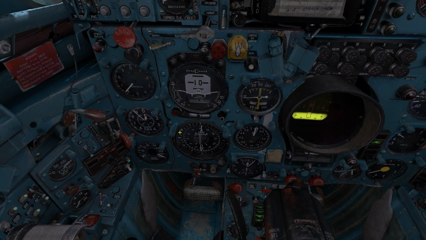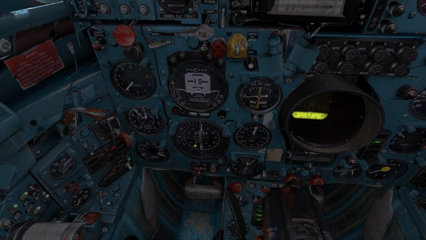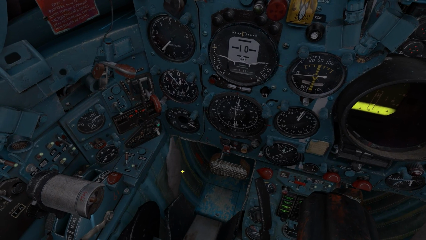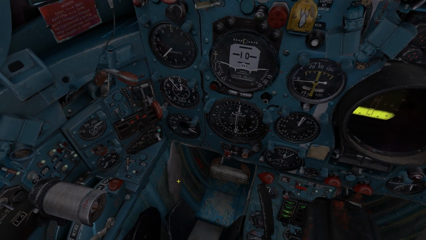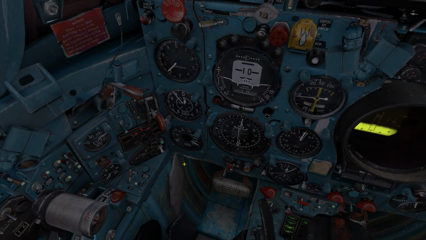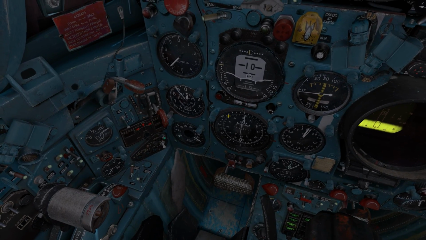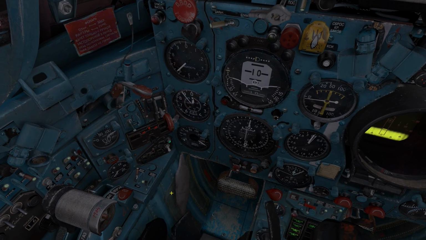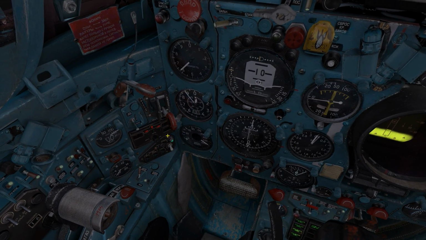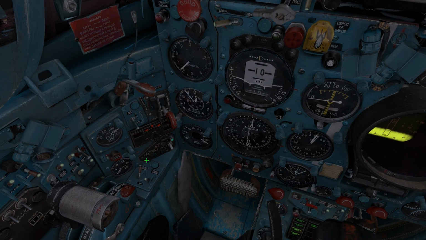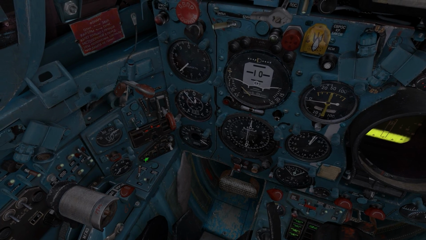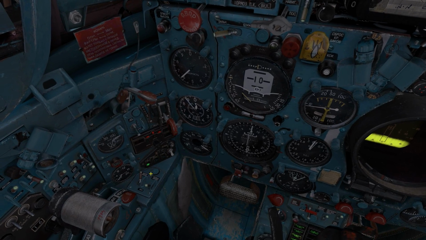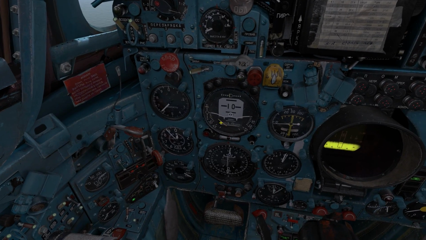Now on the KPP we have a couple of other indications, mainly the flight director. You might know the flight director already from using it in the normal navigation mode, but we can also use it in the PRMG landing mode. However, this time we have to select it down here on the SAU control panel, and if you click on the left button here, which is the PRMG SAU command mode, you can see this yellow